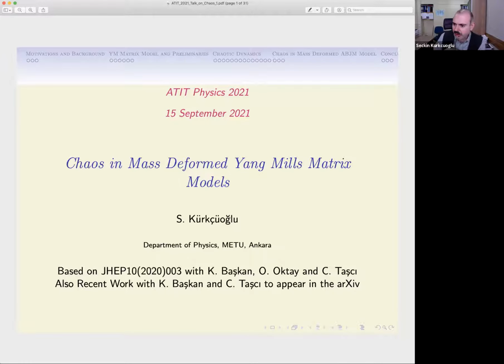So I would like to thank the organizers, especially Gökhan and Soner, for organizing this meeting for all young physicists. And I'm also very happy to be participating in this meeting. My participation is limited to giving this talk because of some executive duties that we are swamped in recently. I appreciate this, whatever limit it is.